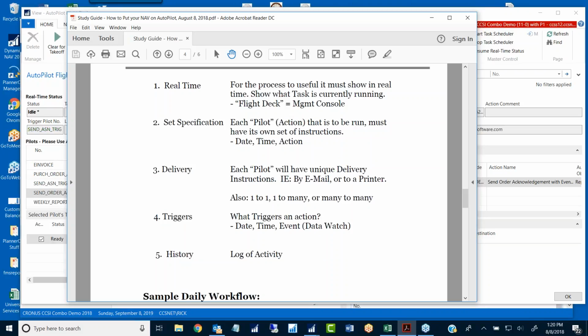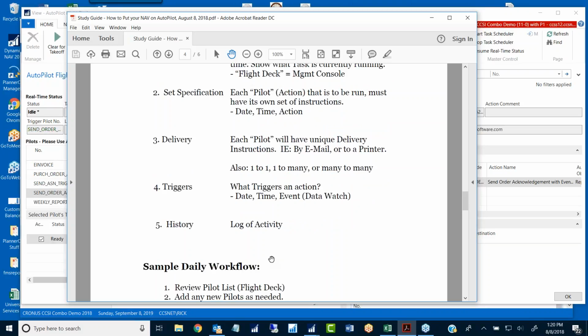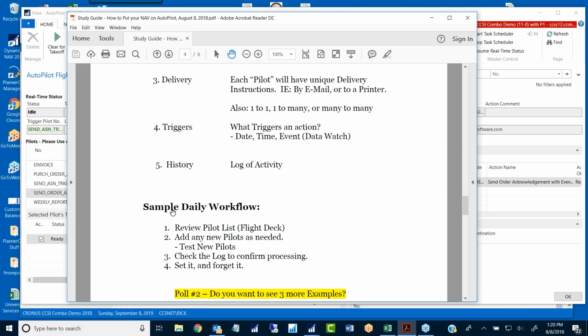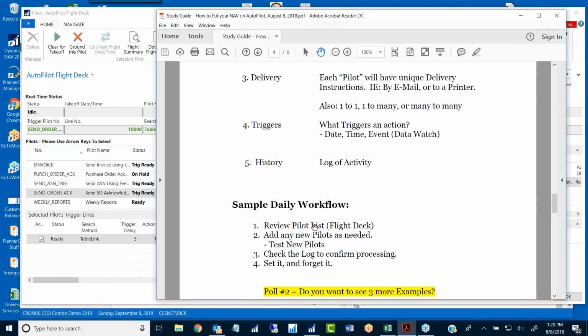And I think I'll show that to you in a little bit. So some other samples of what your workflow would be. You will first review your pilot list, although I don't think this is going to change very much. You're going to review what you have in your pilots here. You might add new pilots, but once they're set up, we've got customers that have been using this